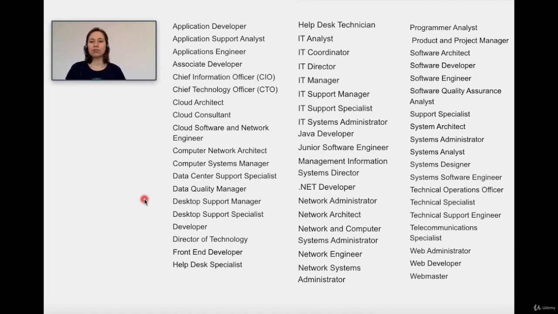But anyway, if you can't find your exact job title in the list here or in the previous list, don't worry. Now we are going to jump to the next section of this lesson and learn a couple of words that will help you speak about your job, whatever your job is. You will be able to describe it and to explain what you do on a day-to-day basis. So let's start.